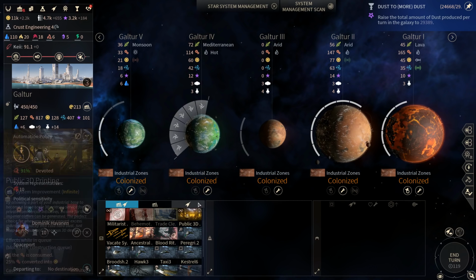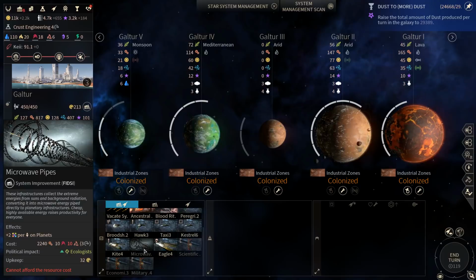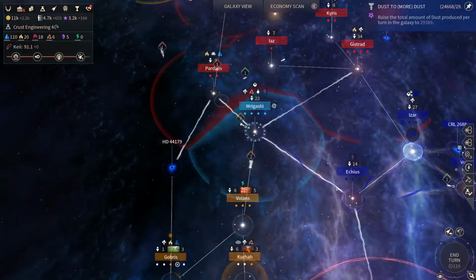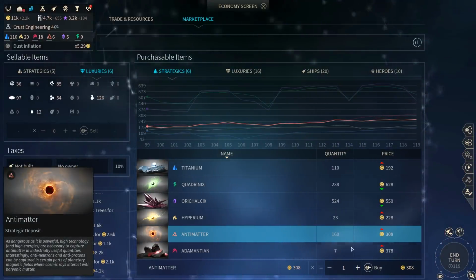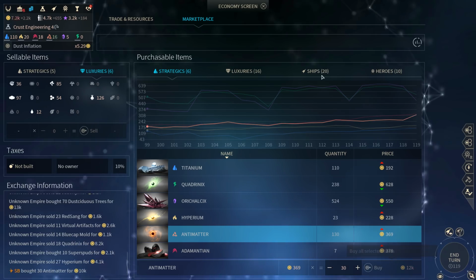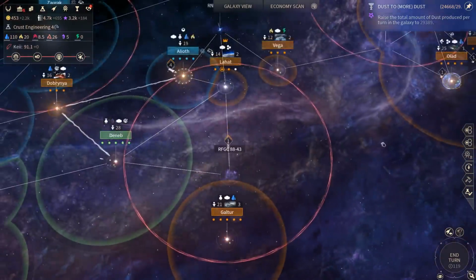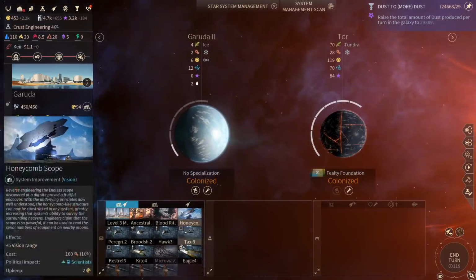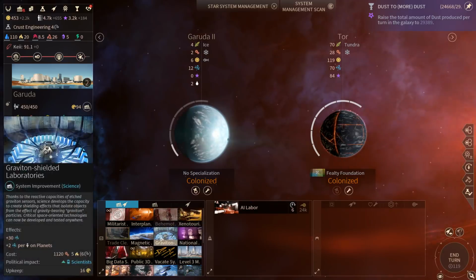Alright, so we really need more antimatter. We're at the point now where antimatter is the bottleneck on almost everything. Okay, there's a lot of antimatter available on the market, though. Let's buy, like... not 40, sorry. Let's buy a whole lot. In a couple of places we can just start putting the microwave pipes together. Not here, probably. Yeah, here we have other stuff to do yet. Yeah, it's not great, but...